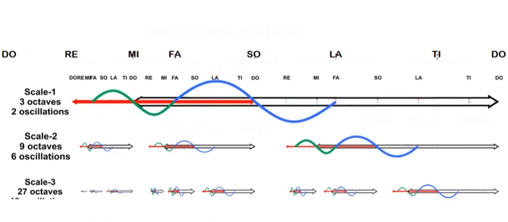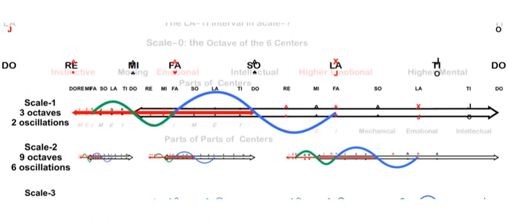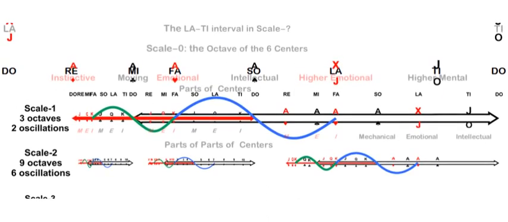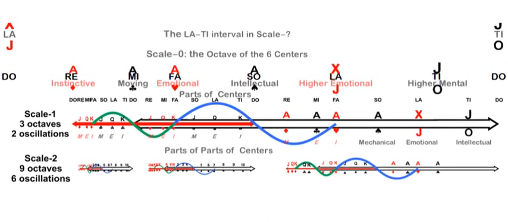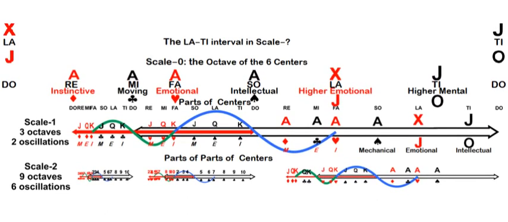Scale 0 and scale 3 disappear for now, and the card labels and the legend of centers and their parts fade in. The legend describes the centers of a human being, their parts, and their parts of parts, but now on a to scale diagram. The 6 centers of function in human beings are still located on the 6 inner notes of the scale 0